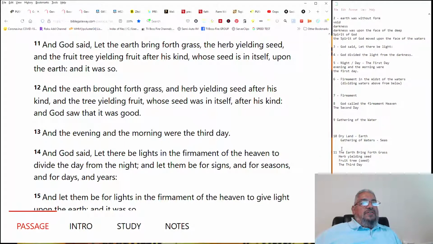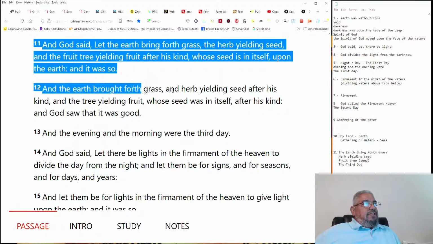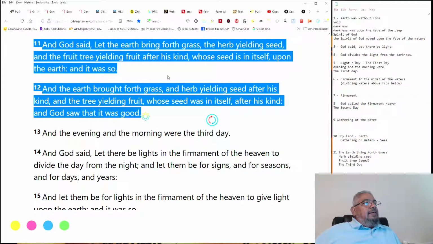So 11 and 12 is the other occurrence here, and it's even more different than the verse 7 in the fact that it just repeats. So it's a repetition, 11 and 12. 11 y 12 se repite lo mismo. One was the command, and the other one was the command obeyed. Followed through by the things that he commanded, commanding the earth to bring forth. So then the earth brought forth. Okay, and the earth brought forth.